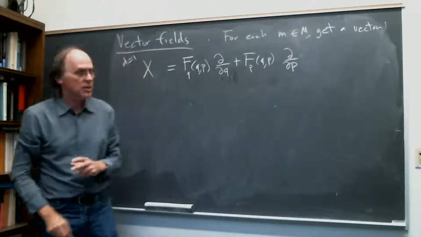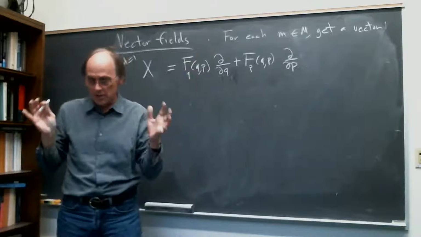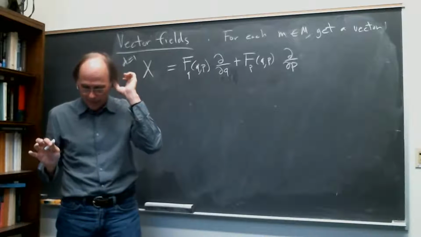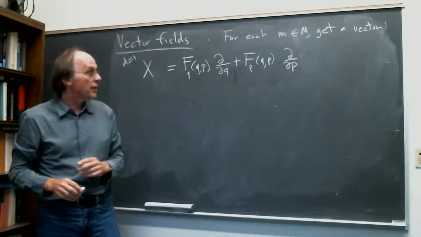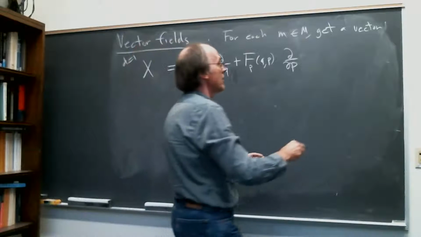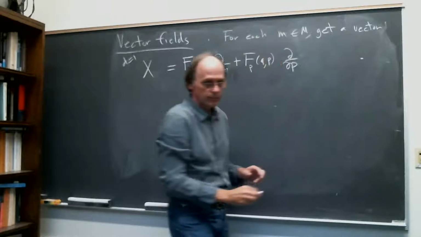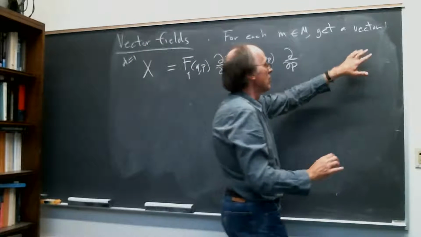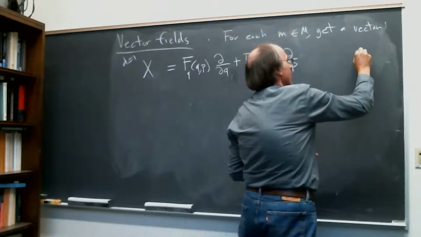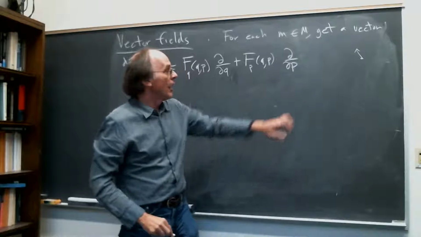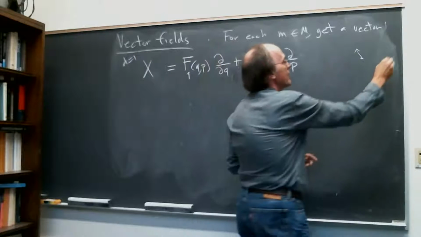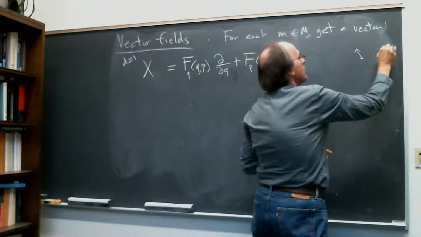And the picture is something that we actually see even in our calculus sequence. You often think about this, this is really what it is: at each point you've chosen a vector, and this vector has components. I mean, if this is q and this is p,